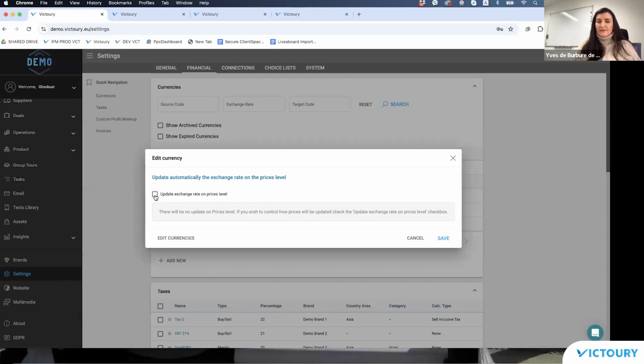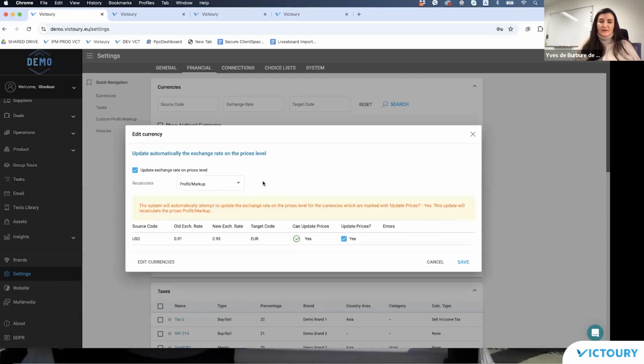And in order to update the prices as well, which are using this 0.91 exchange rate, to turn into 0.95, I will just check mark update exchange rate on prices level. And I do not want my sell price to be recalculated. I'd rather like the system to recalculate, based on the changed exchange rate and based on the changed buy value, therefore the profit and the markup.